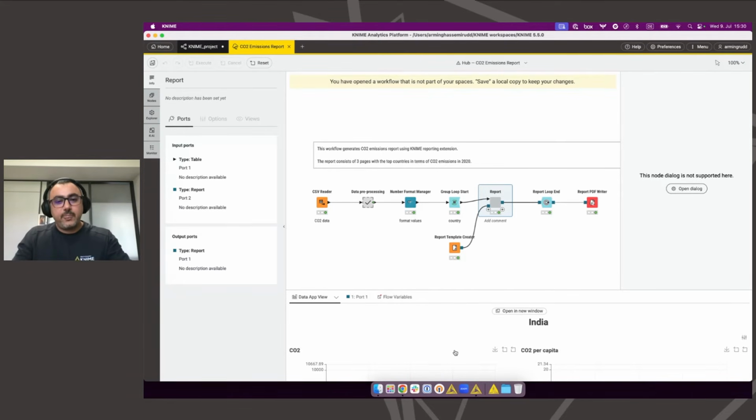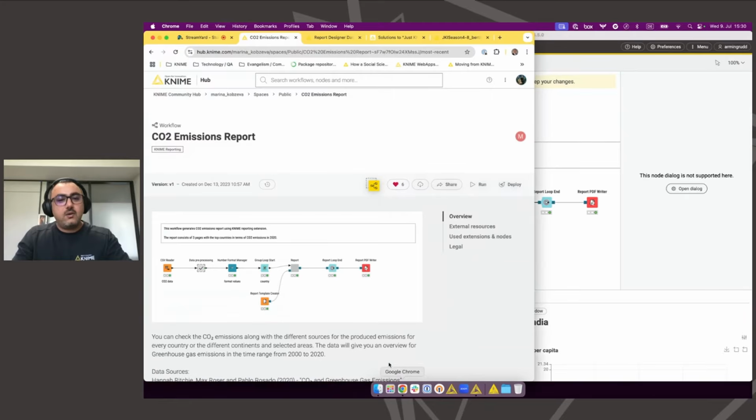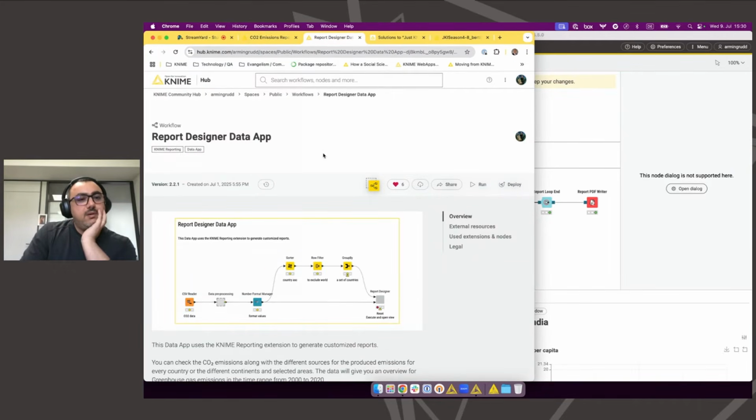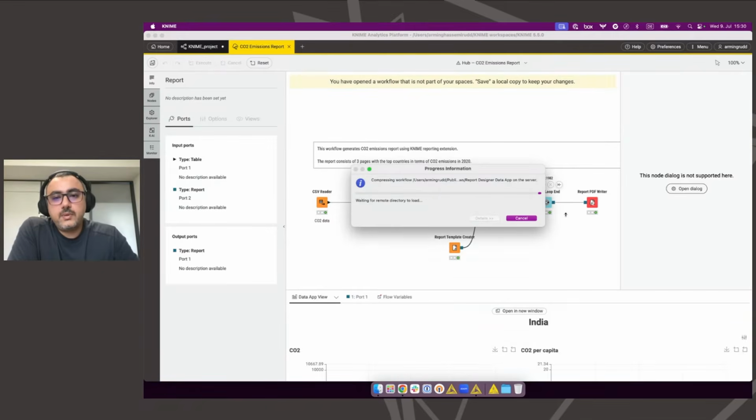Let me show you. So again, I go to KNIME Community Hub, and I have this example report designer data app. Be careful, the latest version is 2.2.1. Maybe you find other copies of this workflow, but 2.2.1 should be the latest version under my account. So I just drag and drop this workflow into AP,